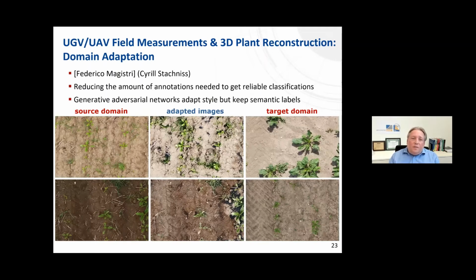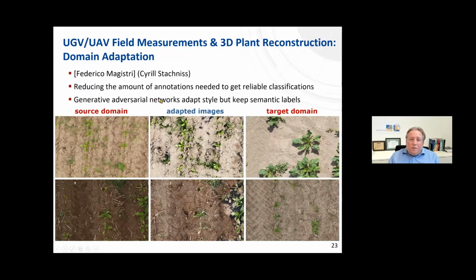Another work of Federico is towards less annotation of data, for semantic segmentation in this case. If you have a certain domain and you have annotations, you can train a deep neural network, for example, and then you obtain good results. But often you may have other images that you want to classify, and you don't want to label these other images. So the approach here is that